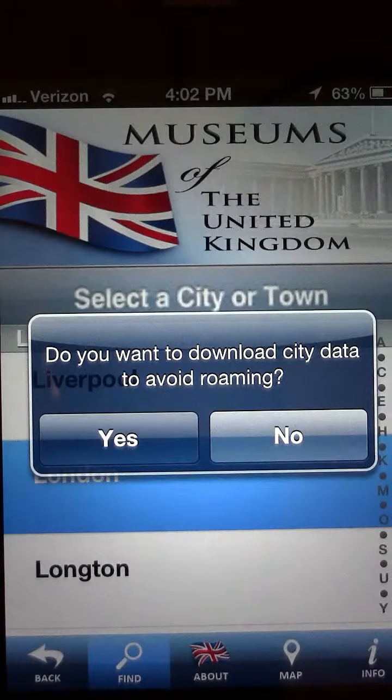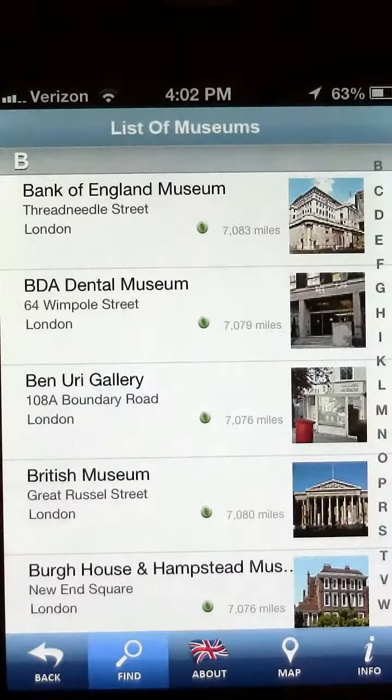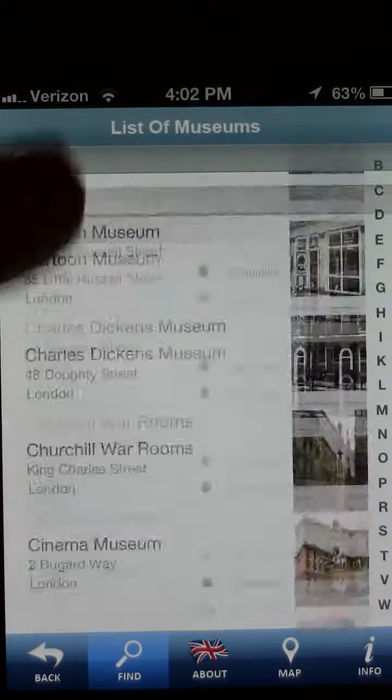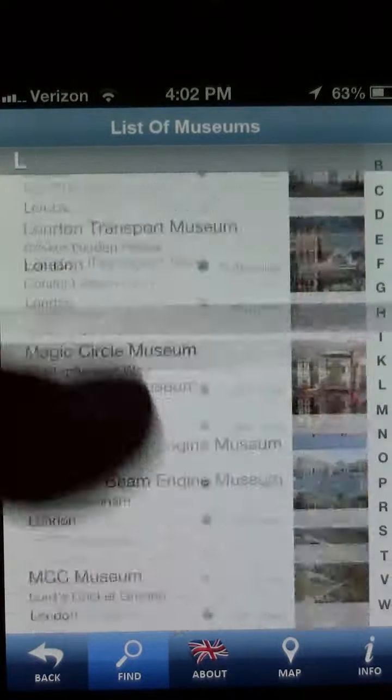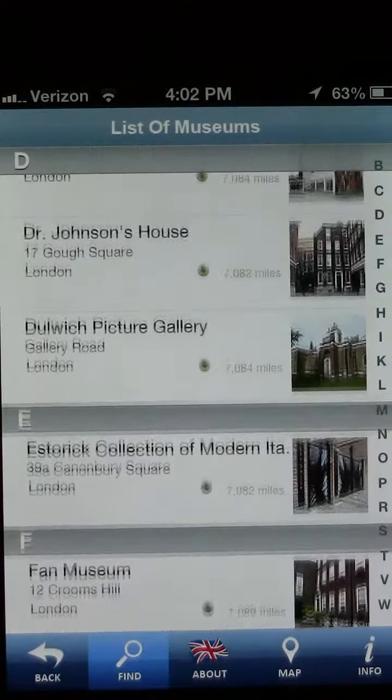Now you'll notice it says, do you want to download city data to avoid roaming? This is great if you wish to turn the roaming feature off on your phone once you're in that location. In this case, we're going to say no. And up comes all of the museums in London. Staggering amount, but nonetheless,